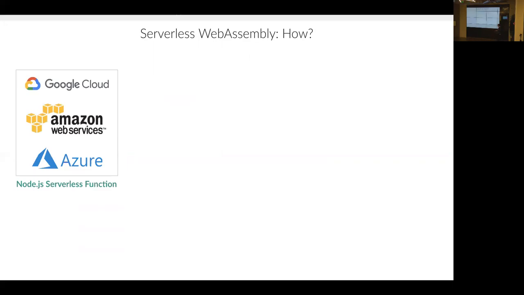So I wanted to talk about 3 different approaches that you could take. The first approach, probably the simplest one, is go to your good old cloud compute, your favorite cloud provider, and you can create a Node.js serverless function. Because it's JavaScript, you could just instantiate the WebAssembly and run it, and it's fairly straightforward to set up. However, it's also quite slow